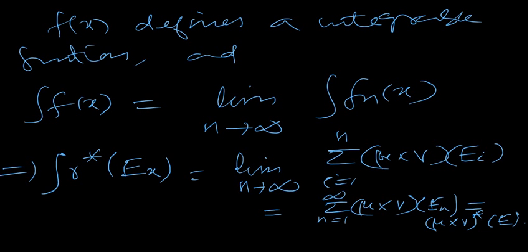So that proves that this integral over X of nu star of e_x is equal to mu cross nu star of e. That proves the second step. Now we have two more steps, step 3 and step 4, that we will do in the next